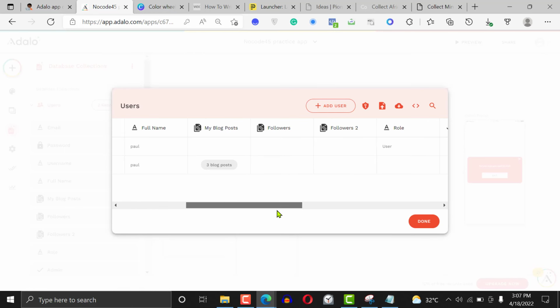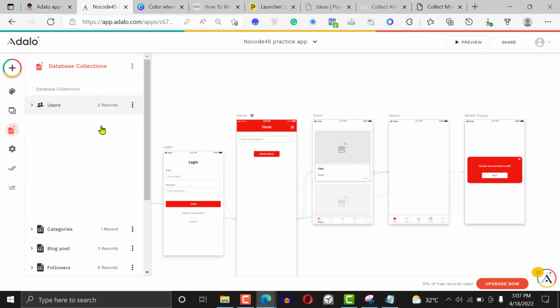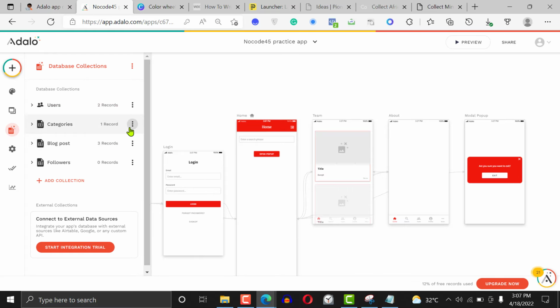So that's some of the ways you can add security to your platform. Just say done, and you can do this for each of the sensitive data in your mobile applications. You just go ahead and set permissions. And another thing you can do to make sure that your app is secured is to use